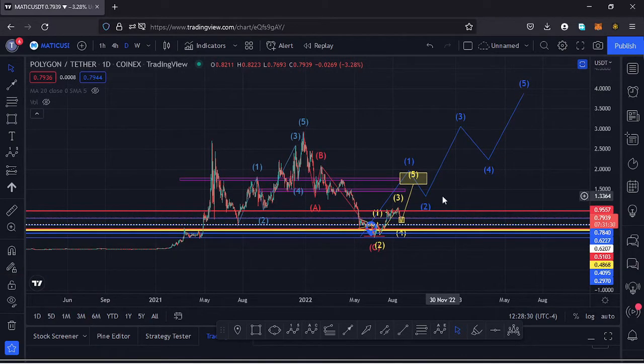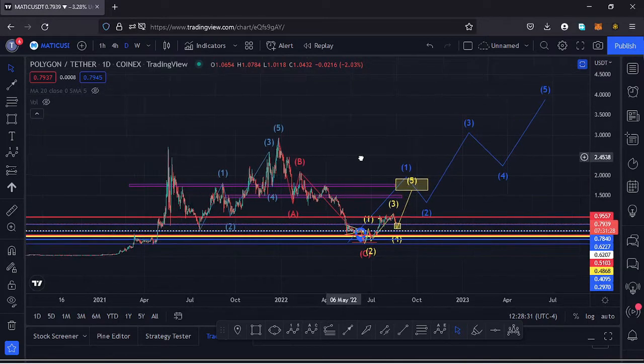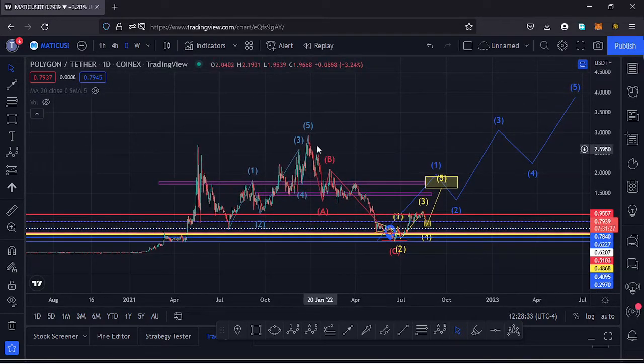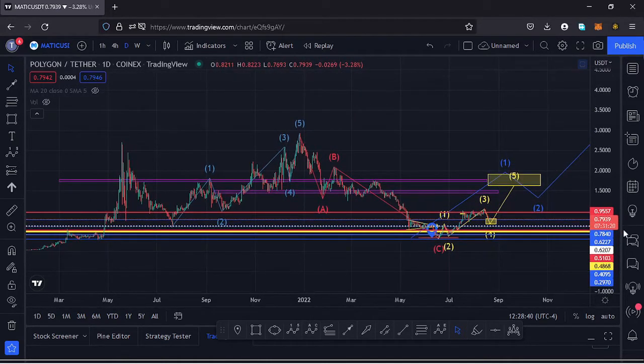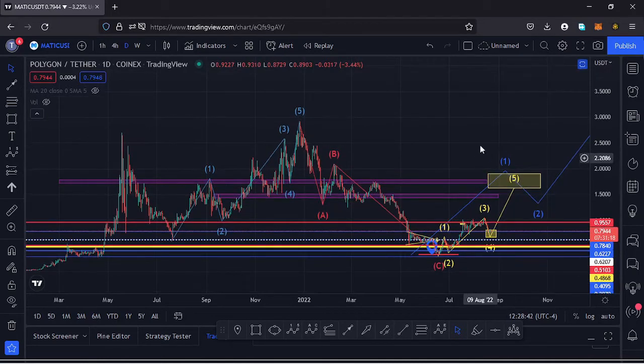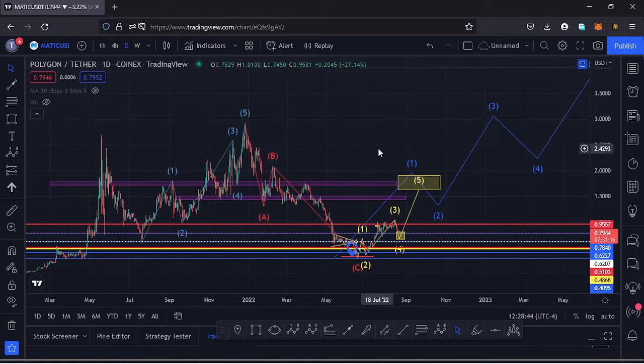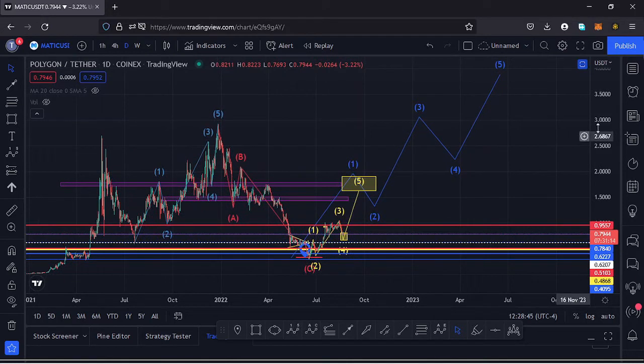And I'll kickstart the video by giving a brief of what has been happening here on the Polygon Matic chart. From the all-time high, we have been seeing lower prices in this massive ABC correction, which has now taken us to around the $0.02 mark, and having done so, I believe it has done the minimum that we expected that ABC correction to do to the lower side, and soon we might see a very nice bounce to the upside in this Elliott wave structure, having our wave 5 taking us back to an all-time high.